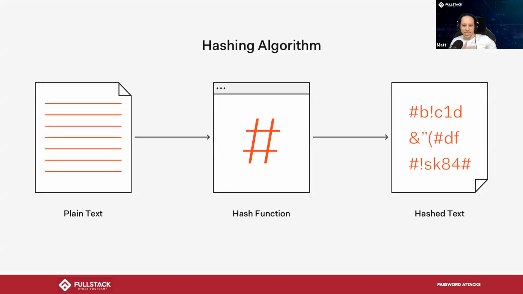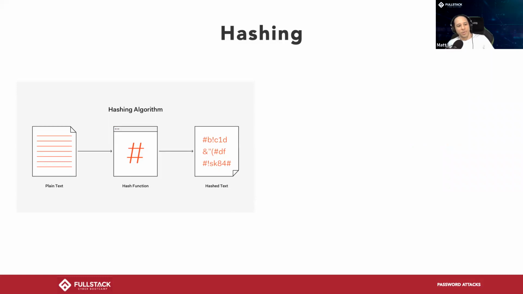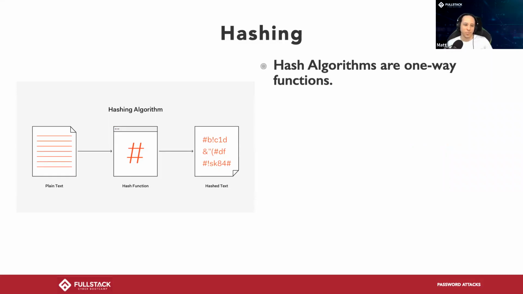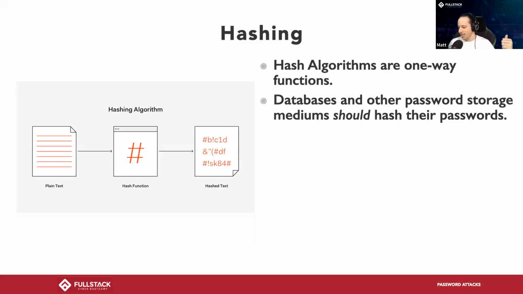So let's talk a bit about hashing again, and how people should be storing passwords on their servers. So again, you have plain text. You run it through a hash function, you get hash text out. I'm not going to worry too much about how the hashing algorithm does its math, but just know that we're taking the password, running it through a function. You get some hash out. That doesn't mean anything. You can't take that hash and go backwards, not with math at least. So how are we going to defeat this? Again, hash algorithms are one way. I cannot use math to take a hash and go backwards. It's not the way we're going to defeat this.